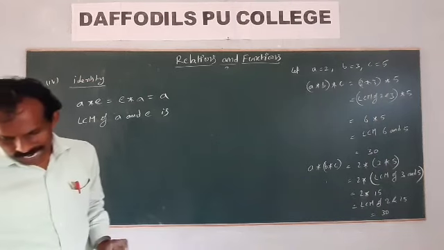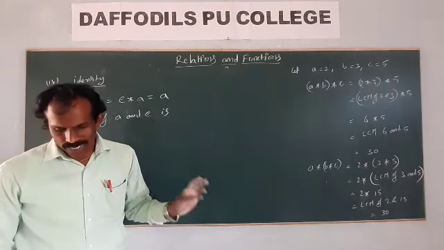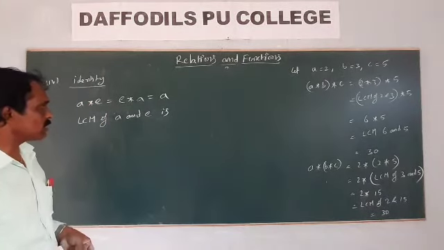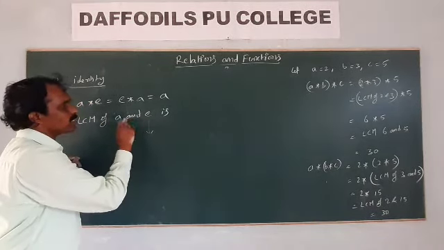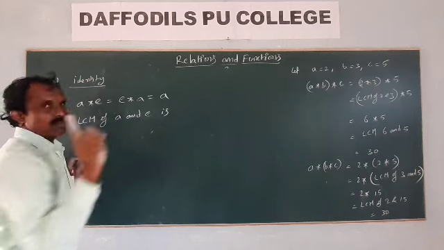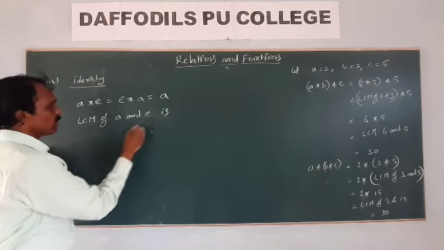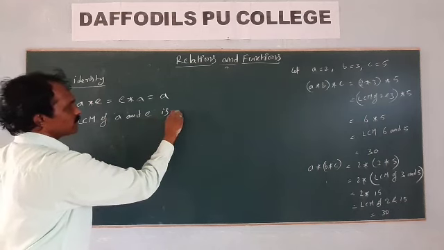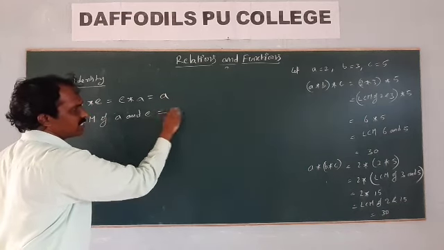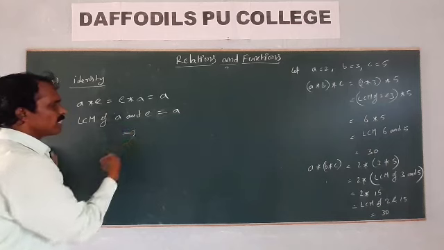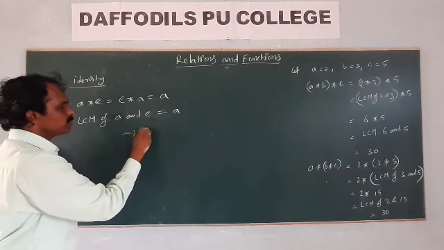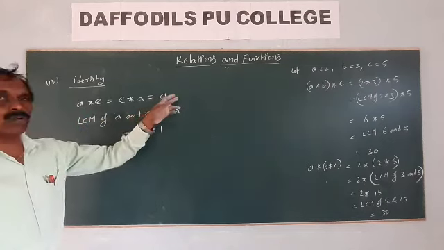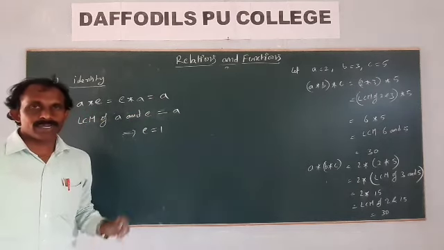That's why they asked: find the identity of star in N, in natural numbers. What is the possible answer? In place of E, what do you take? Then you get A. 1 is the correct answer. So that implies E is already A. This implies when it is possible, E is equal to 1. Clear? 1 star A star 1 is equal to A. So the identity element is equal to 1.